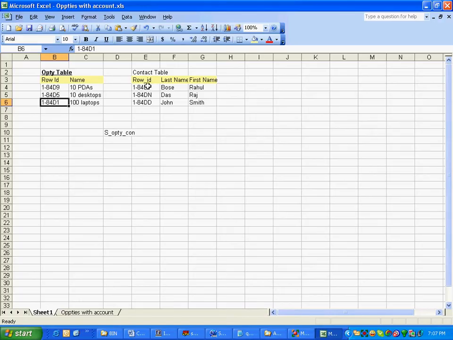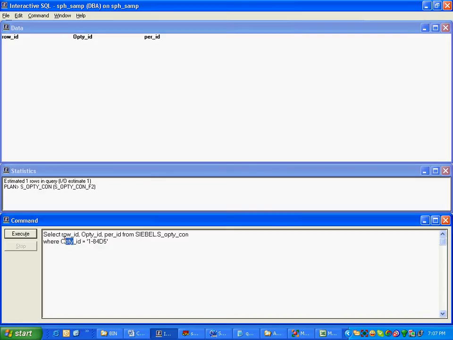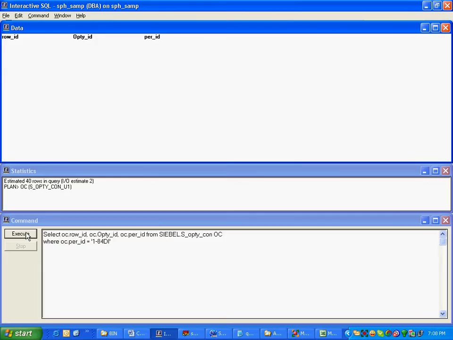Now let's see whether those contacts are attached to any opportunity or not. These three contacts. We didn't do it, but just to confirm. I save it and go back to this. Now I should use per ID, right? One more thing, I should always give it a nickname: OC. All right. OC dot per ID. Nothing should come, right? We know that. Nothing came. It's all perfect.